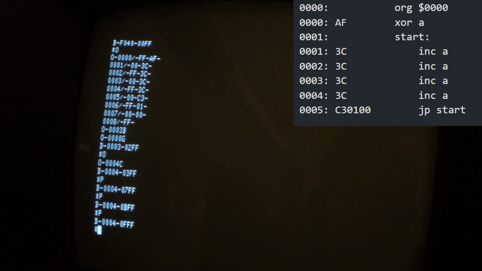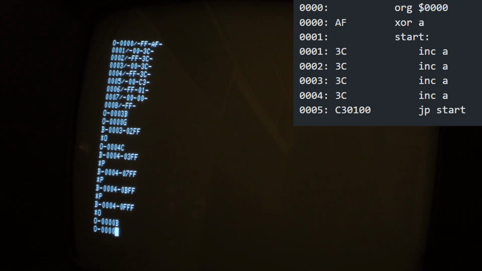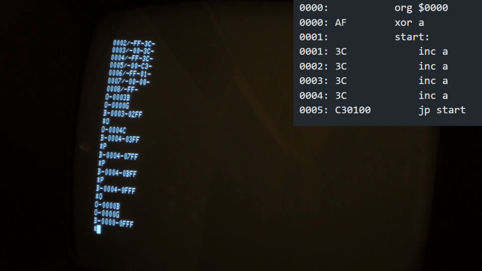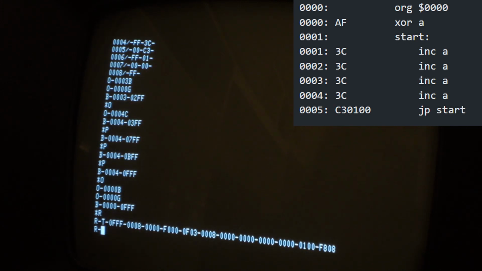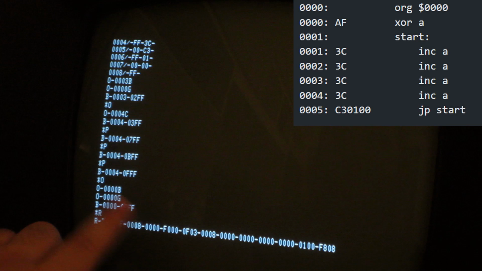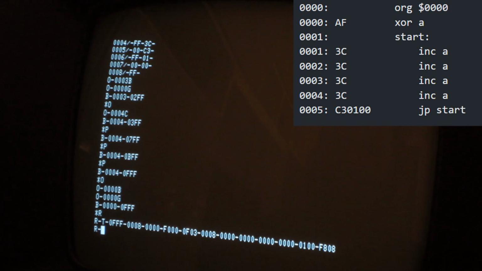Well, there are some other capabilities. For example, I'm gonna reset the last breakpoint. So I'm gonna put a breakpoint in 0 and then start from 0, so this stops immediately. And another thing that we can do now is the R mode, so the register mode. In this mode we can inspect a single register, or we can print all of the registers. There is an order that you can see in the manual. So this is AF, and then there are all the registers, and then we can also change the content of some registers.